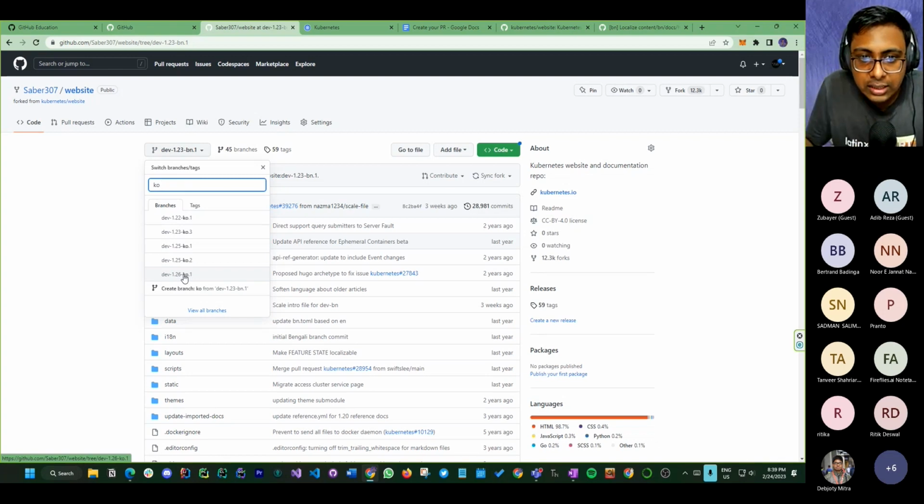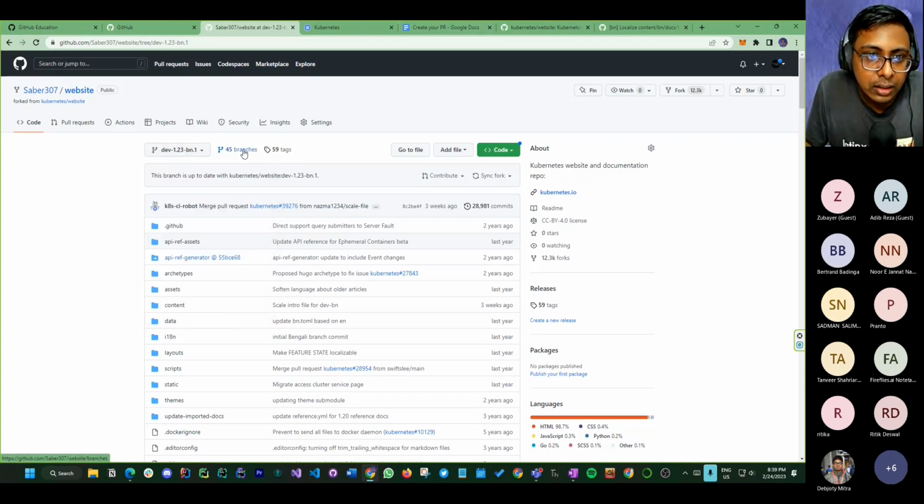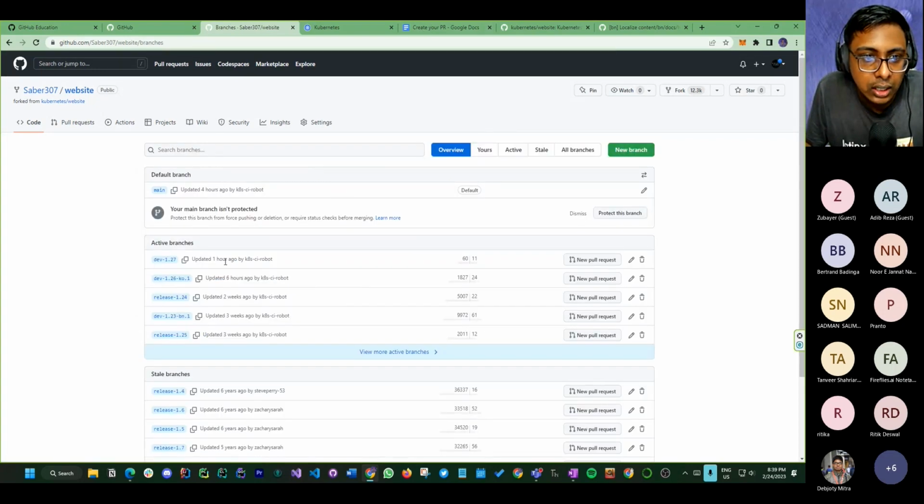Okay, if you are familiar with Kubernetes, you can see there are multiple versions continuously updated. So our dev Bangla is for 1.23. We started when it was the 1.23 version. Now 1.27 is going on. Okay, so you saw it here, you can see 1.27, right? So this is what it is, and it was updated 3 weeks ago. So they can actually see which branches are actually working.